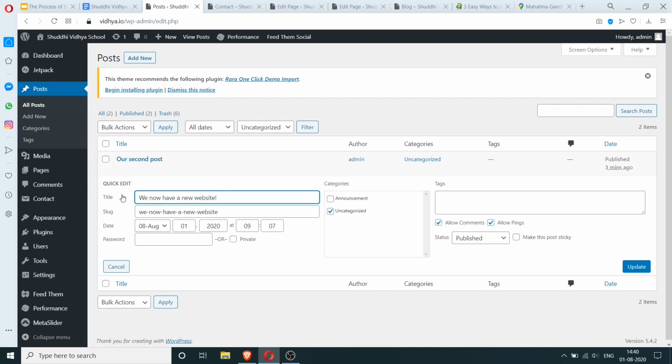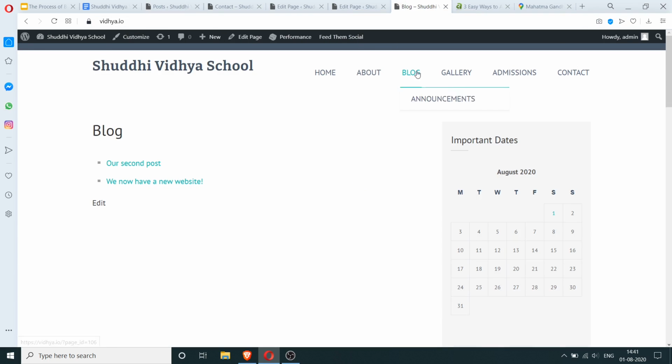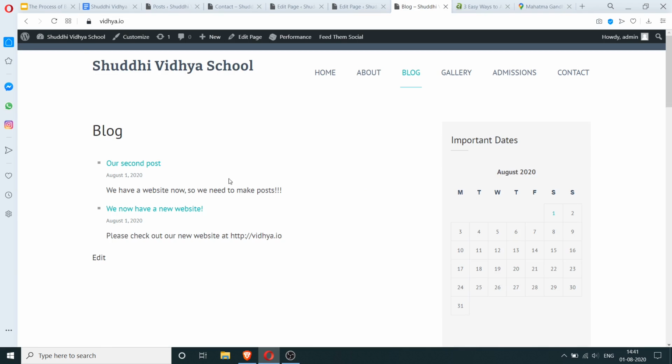We can also click on quick edit and we can change the categories. Okay, so now we have this under the announcement category. And because we're showing all categories under the blog page, this will also show in the blog. But let's go to announcement and we should only see this one.